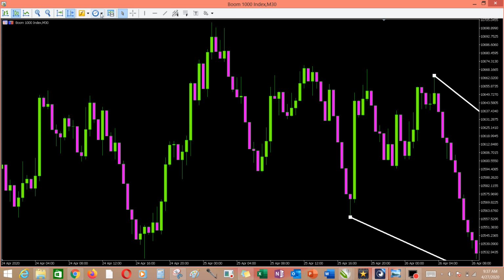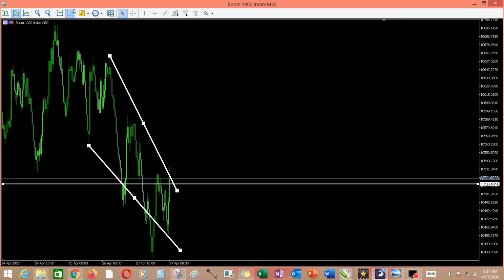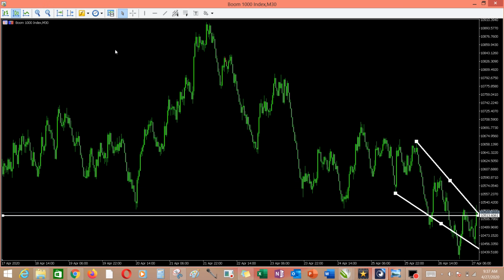For you to be able to use this more effectively, you can zoom it in. You will see some people, you won't even see the candle at all. They zoom it in because they are focusing more on the support and resistance level. You can see it more clearly. You can see that a resistance level is forming from here. Check it out. You can see that it is still respecting it. As the price action is getting to the resistance level, it is coming down. It will get there again, come down, get there again, come down. You can see here too, there is a resistance.